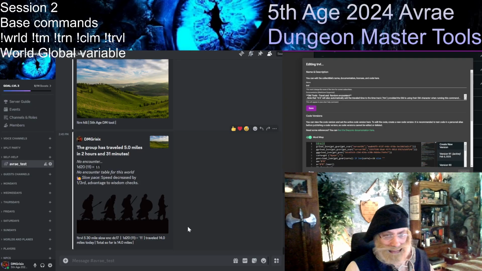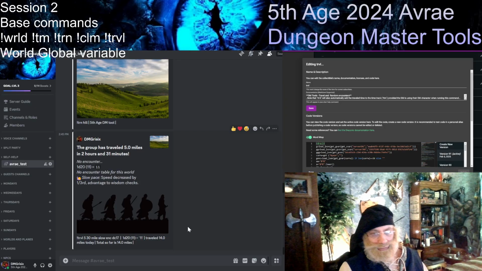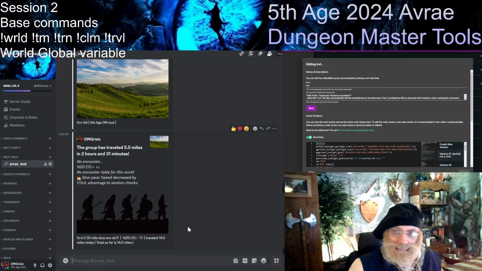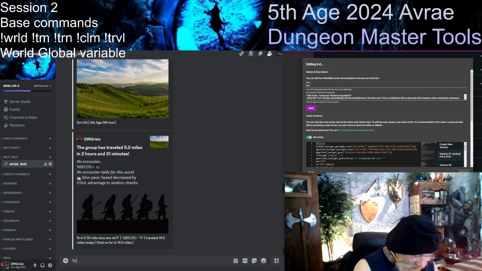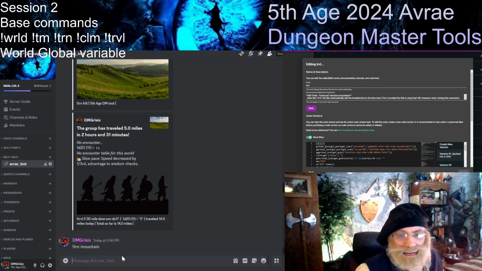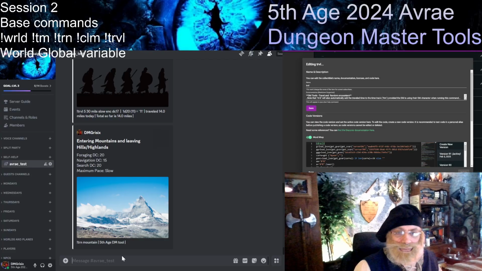You could use a map on the game table, of course, and show the progress like a regular exploration, but that's also something that is tracked in Discord and can be visible by everybody. So let's say they get to the mountain. At that point it's going to be obviously a very different type of terrain. The DC from the 2024 DMG are shown for that.